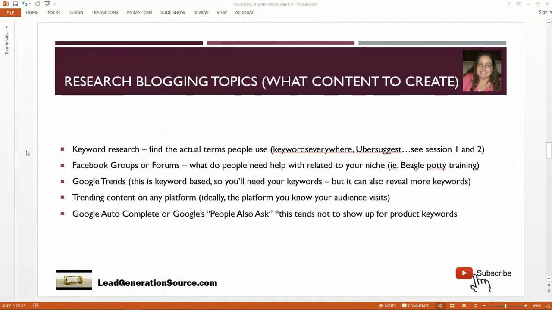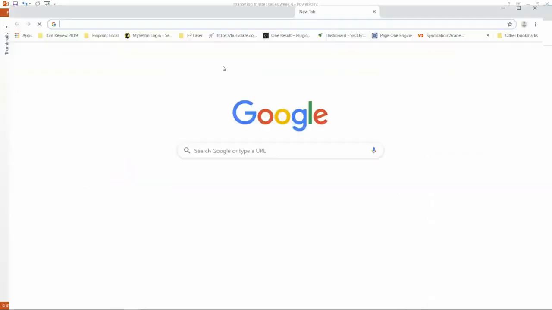So we're going to talk research blogging topics. Again, we're going to focus on blogging as content because that's the most common way to deliver the content. So we're thinking, well, what content to create? Linda said you were kind of trying to get in the back door. Yeah, that's true. We're trying to think of creative ways to reach our audience because, again, you can look at search volume, right? So when people are looking for